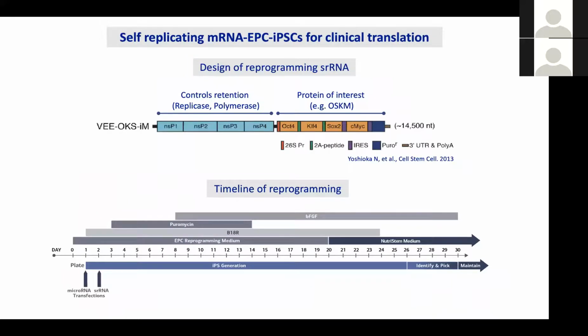An alternative to that is to use self-replicating RNA. The reason for using this is that some people, especially when you're trying to make a process to generate iPSCs from lots and lots of individuals, doing those 8 transfections can sometimes be a bit time-consuming or laborious. So an alternative way is to use this Venezuelan equine encephalitis virus, which has been published in Cell Stem Cell